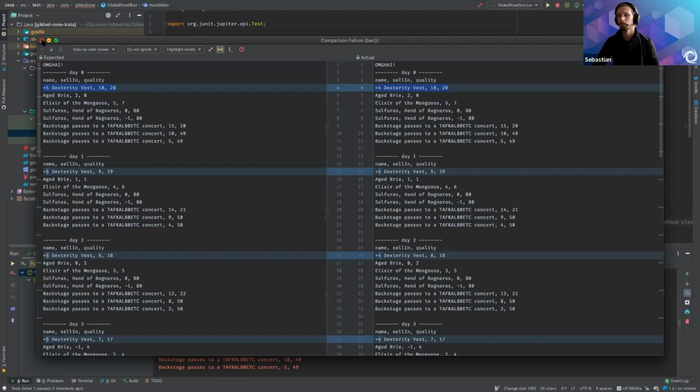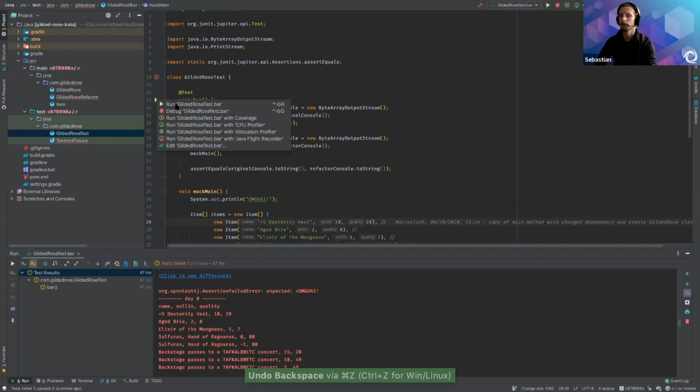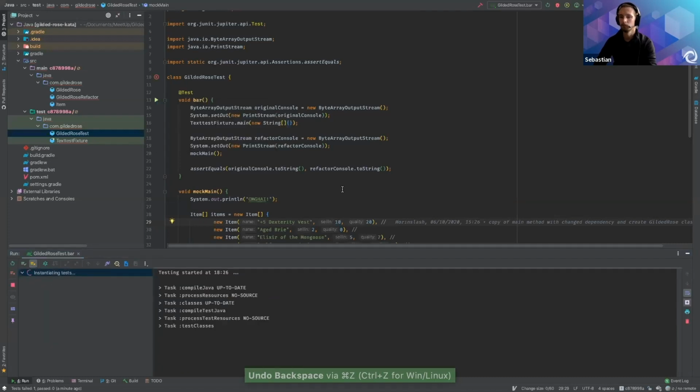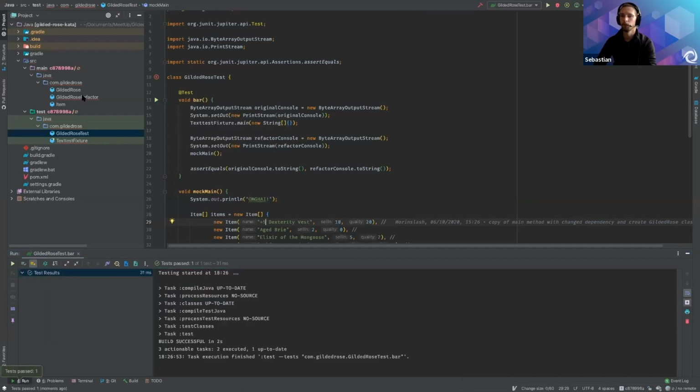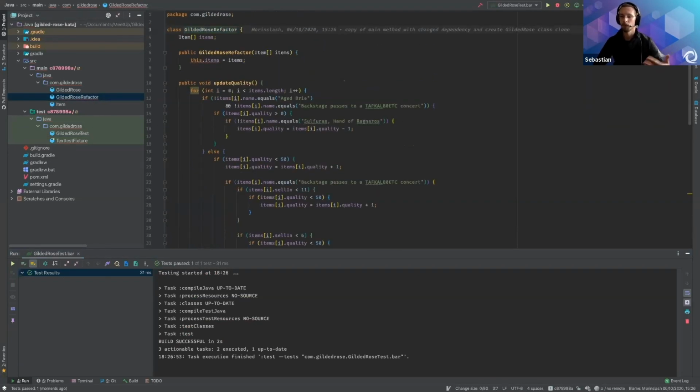And this is proving for me what I've done. I on purpose broke the test to check if the setup that I've done is working correctly. If I revert this and run the test again, I'm back to green.